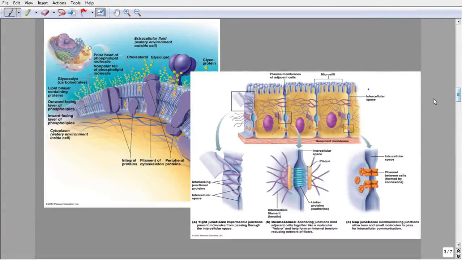The initial line of defense of a cell is the membrane. The membrane regulates what is able to come in and out of the cell. It is also an avenue for cell-to-cell communication.